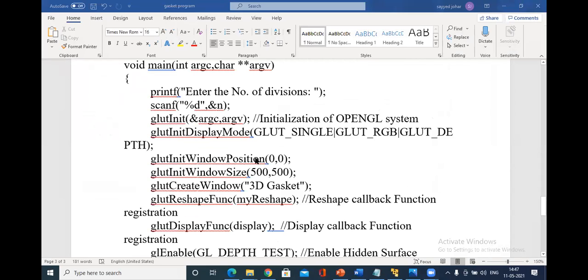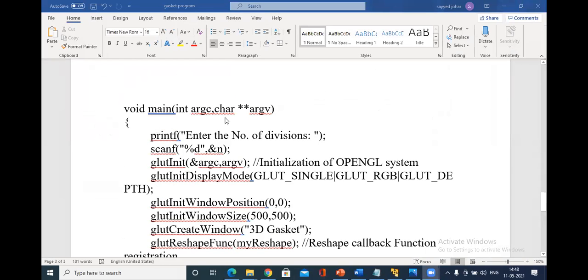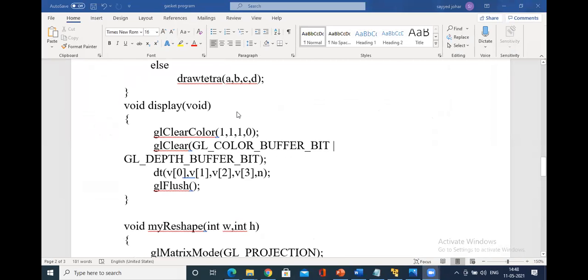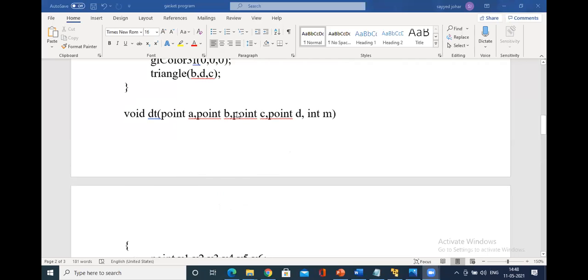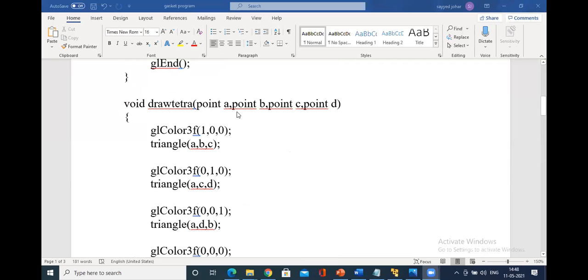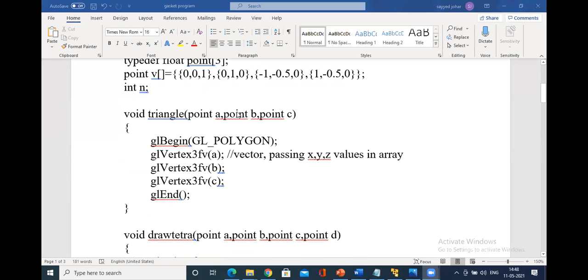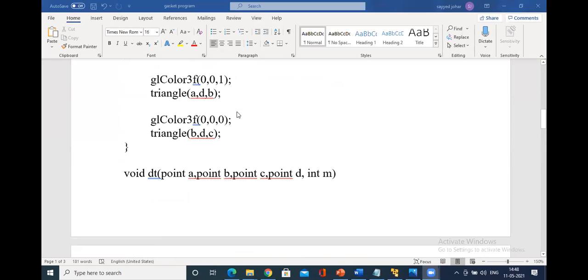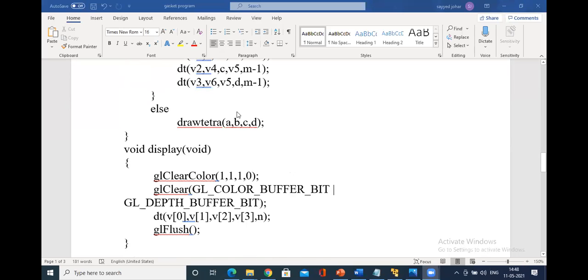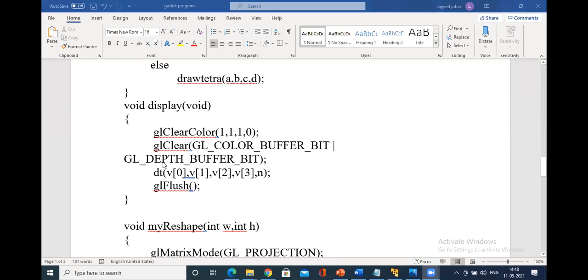Once you call the display function, you need to call the four faces of a tetrahedron. Okay. So go to the display function over here. Always you should call these functions in the same way. Okay, so first, let me go to the